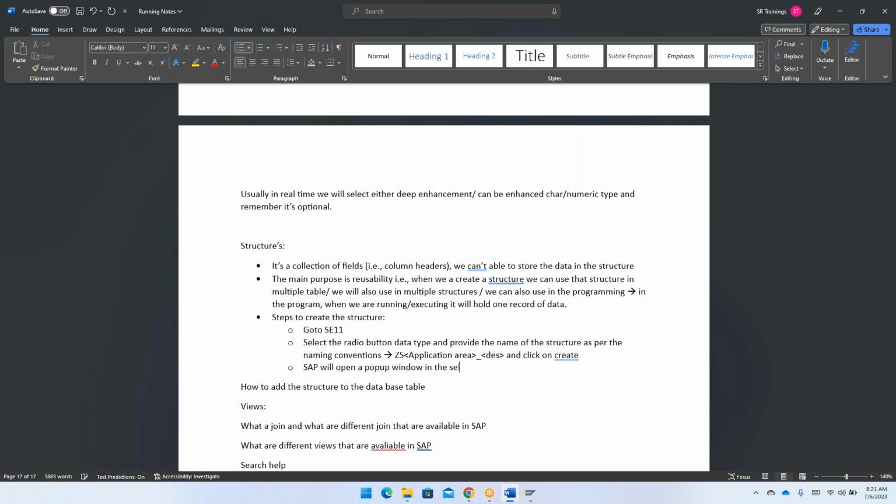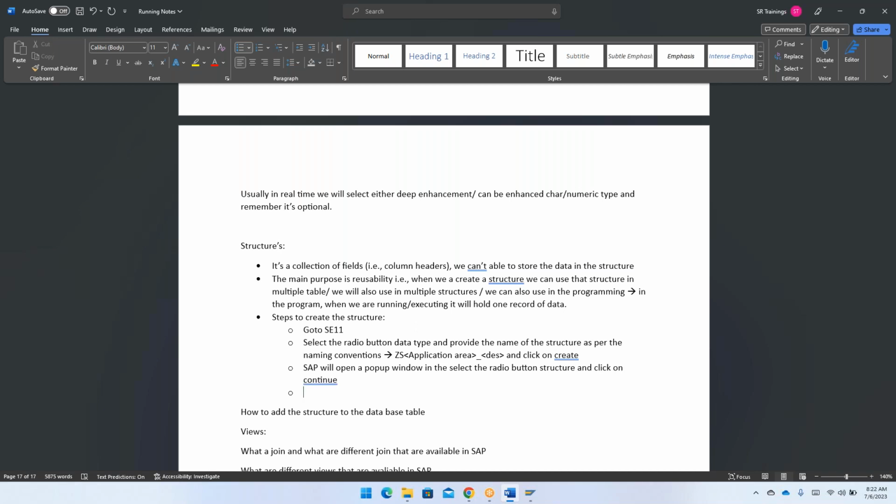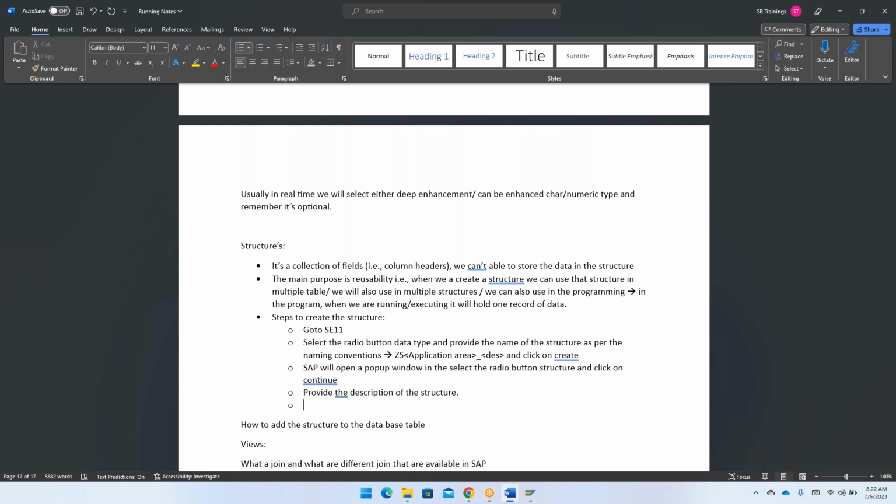in that select the radio button structure and click on continue. Provide the description of your structure,